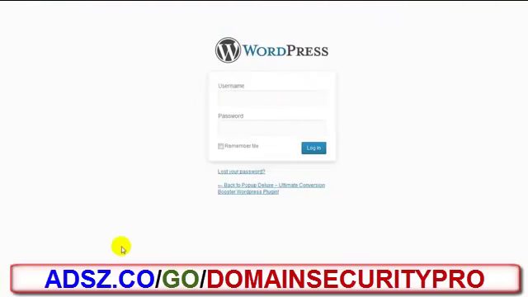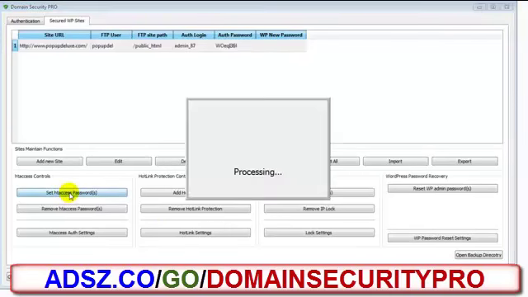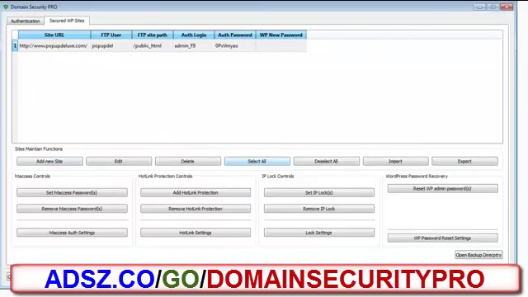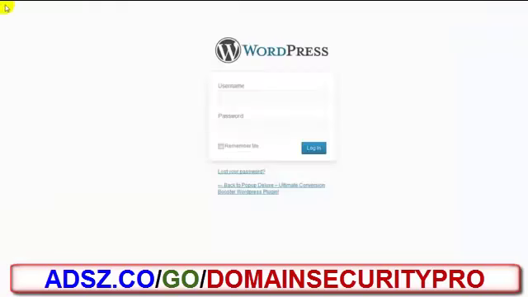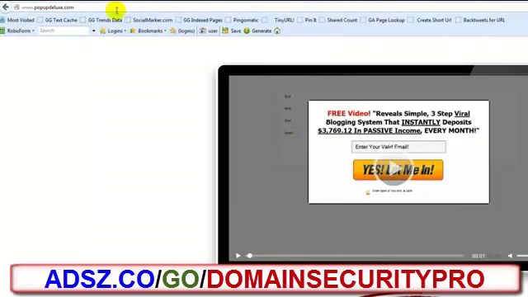Right now I can access this page. But if I bring up the software and I click on set HTTP access passwords, you see it processing, and then it says finished. So now, for example, let me just back up here, go back to the main page. Let me pause that video, and let me go back to WP admin,